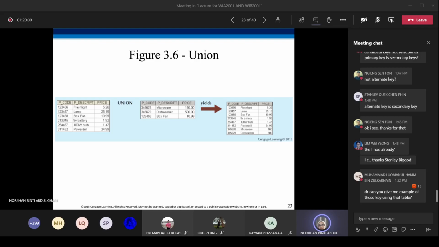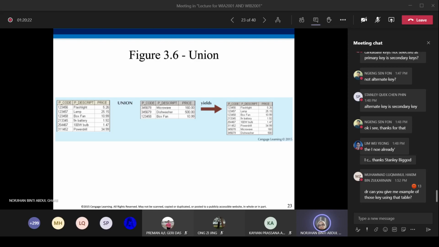But you have to make sure that when you want to union two tables, the tables must have the same number of columns. If we look here, we have three similar columns: P code, P descriptions, and price.